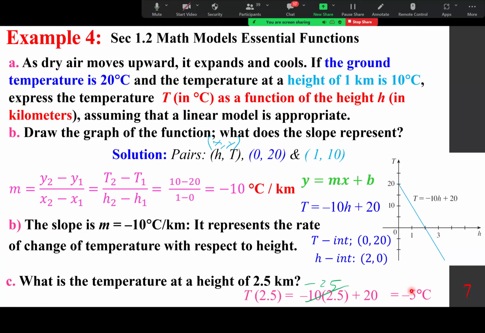Professor, would it be wrong if we were to plug in the h and t of 1 and 10 into y equals mx plus b, or would we still get the same answer? 1 and 10, where is the 1 and 10? You know how we got 0 and 20, and we're talking about 1 and 10 here? Yes. If you plug that in, y equals mx plus b,